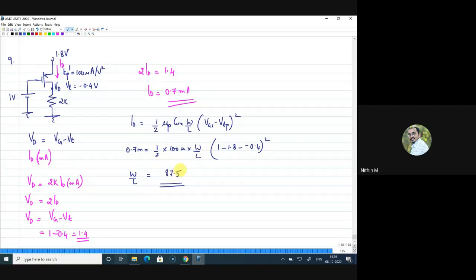So Kirtana, Madhusudan, Namit, Bhavana, very good. It is 87.5. So others can also find the answers. The only thing is you have to substitute in this way and get the final answer. If you have any doubts in the steps I have done here, you can ask. Otherwise, we can move to the next question.